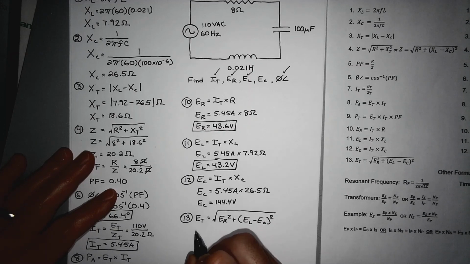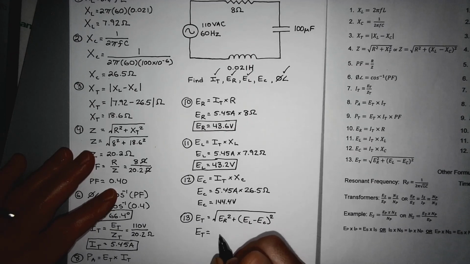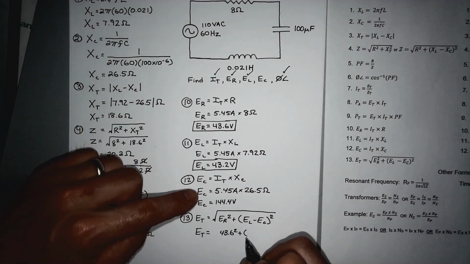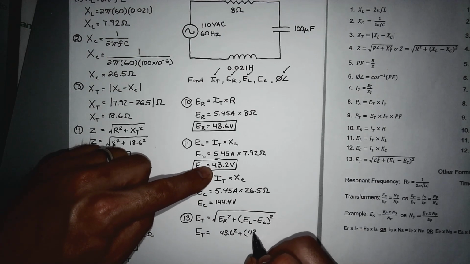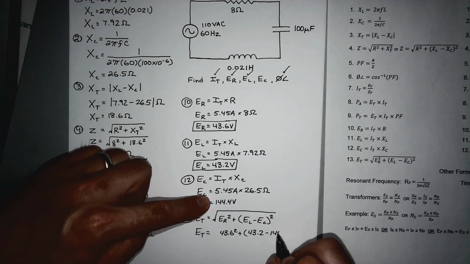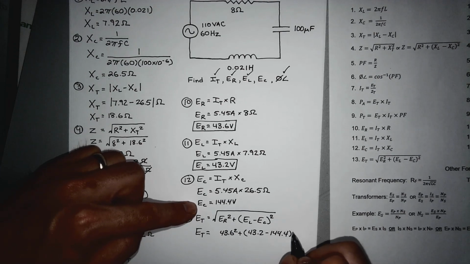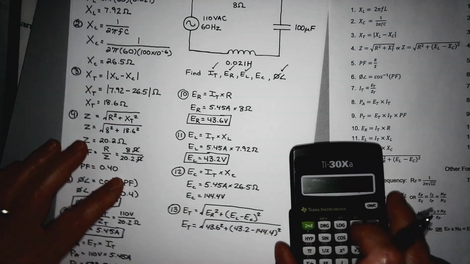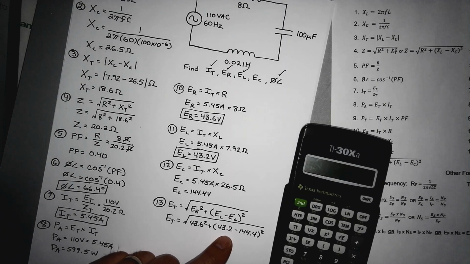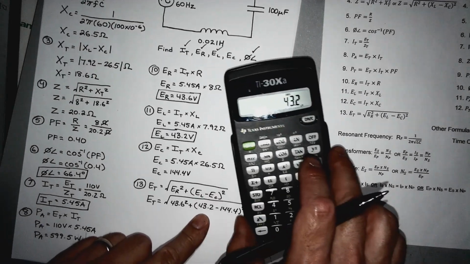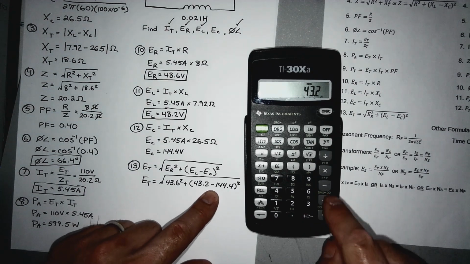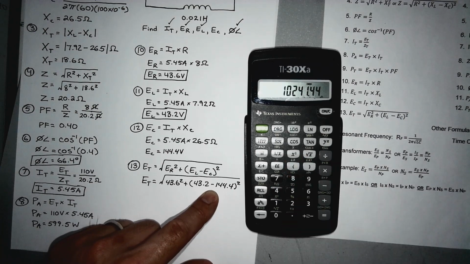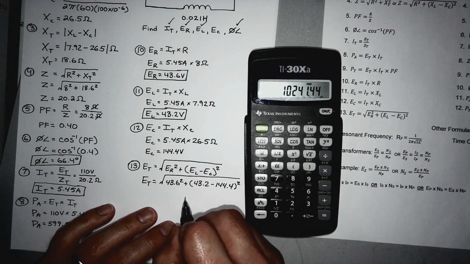So E sub t is E sub r, which is 43.6 squared, plus E sub L, which is 43.2, minus 144.4, because that's E sub c, and then we square that. I'm doing the inside of the parentheses first, so 43.2 minus 144.4 equals, and squaring that is going to be